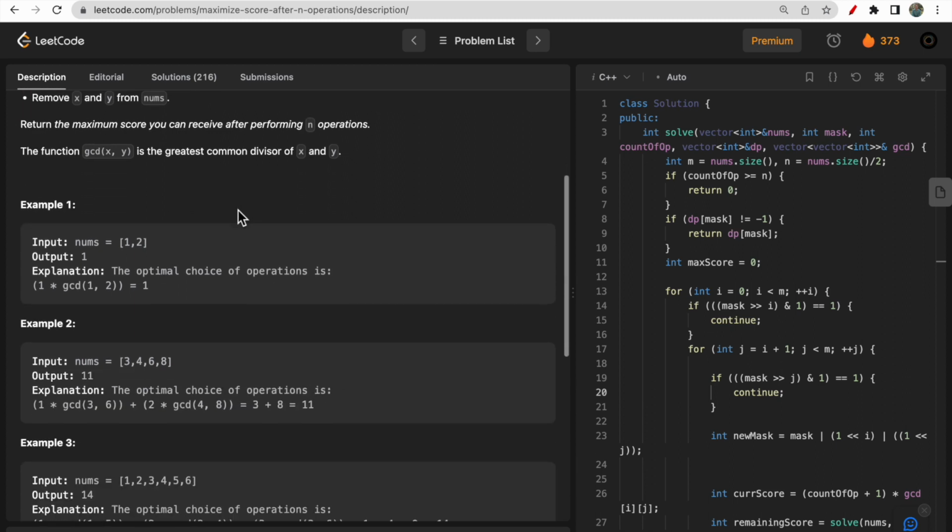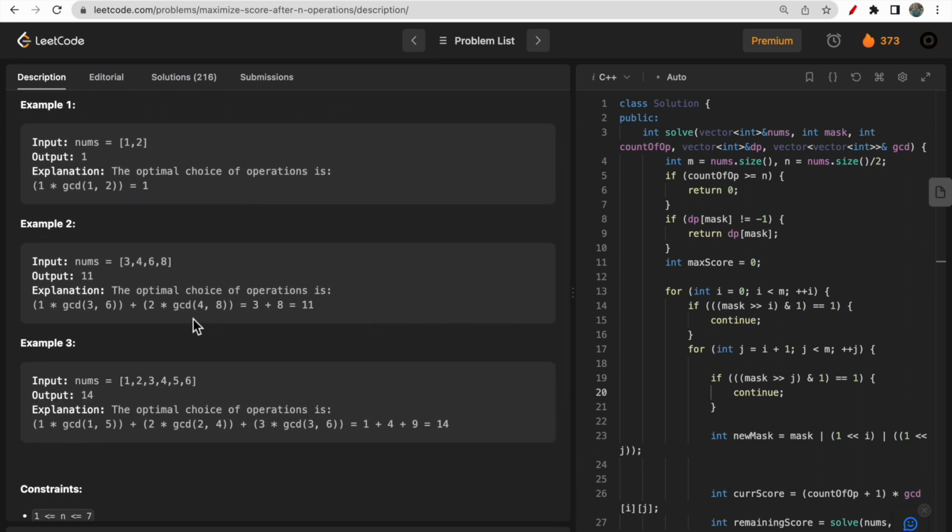Now if you take a look at the test cases or the examples, here there is only one option to choose x and y. This element is x and this is y, or this is x and this is y. So this is straightforward here, because we have only one pair of elements for x and y. So here we find 1 into, because this is the first operation, so 1, and GCD of 1 and 2,